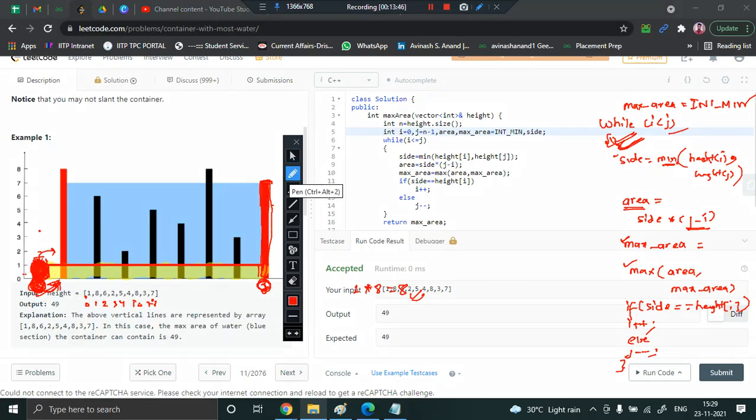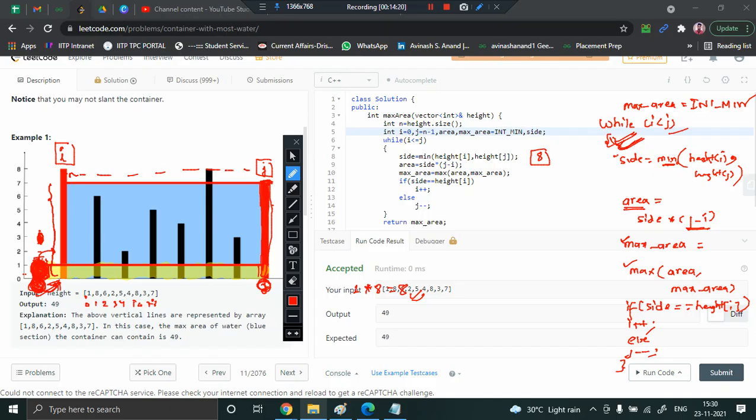so right now we saw that first time I was here, j was here, right? j was here, I was here. I found an area of 8. So let us keep track of area 8. Next time when I did I plus plus, because this was the smaller tower, I comes here. The moment I comes here, j is still here. The minimum of this and this is this tower, right? Because this tower height is 7. So the area enclosed will be this one. Getting the point? This area from here till bottom and from here till here.